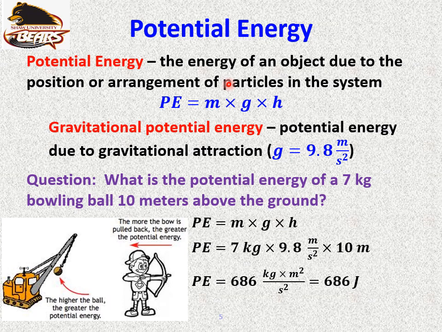Potential energy, like that book we talked about in the previous slide. If you lift up your arm high, pushing it up against gravity, you do work, and then it stays at a higher position, like 3 meters above the ground on the table, but it's not moving. It doesn't have kinetic energy, but its energy is stored between the earth and the book. That's its potential, the potential to have kinetic energy.